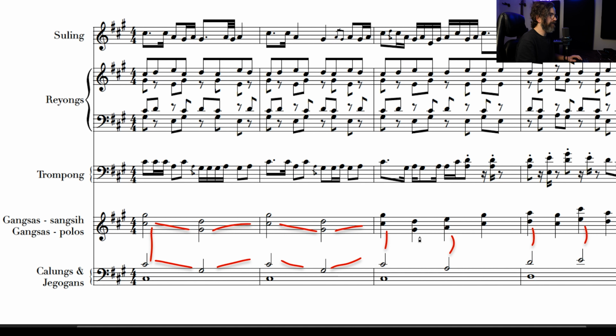But between these, there's a new note from the melody that's creating a new interval, which is a fifth, between C and G. But don't misinterpret this. This is not harmony. This is only heterophony. This is only the melody, which is playing at a different tempo, but it creates this interesting encounter.